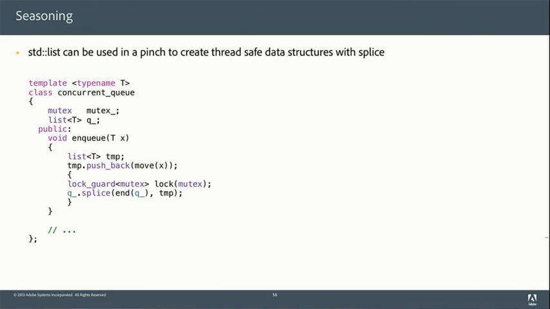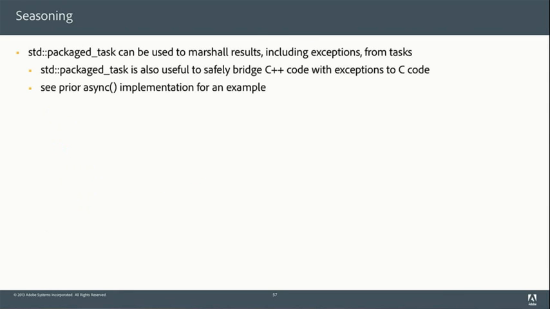If you've got to put in a lock, right, or some form of atomic operation, you want to limit what you're doing in the body of that, right? You want to block for the shortest amount of time possible. So with a list, you can take all the allocations out of it, all the copying of the data out of it, and then just splice things together. So it can be a good crutch. And sometimes I'm working on products where they're like, oh, we don't want to include TBB, or we don't want to include Boost, or we've got this other library that doesn't have a concurrent queue. And I'm like, fine, I will whip one up.